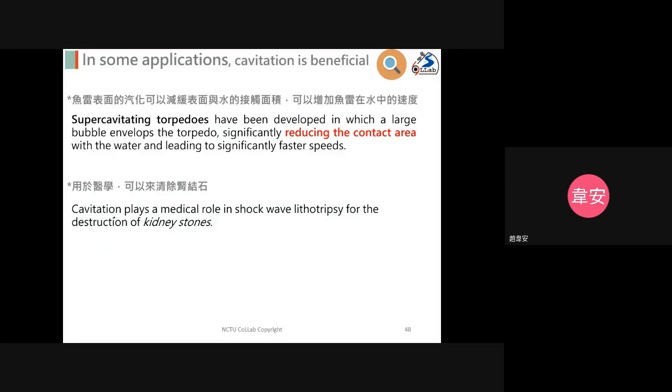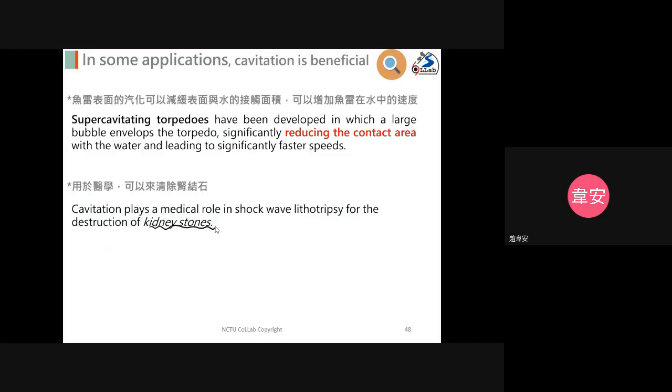And the second is that cavitation can be applied for the destruction of kidney stones. So I just list two